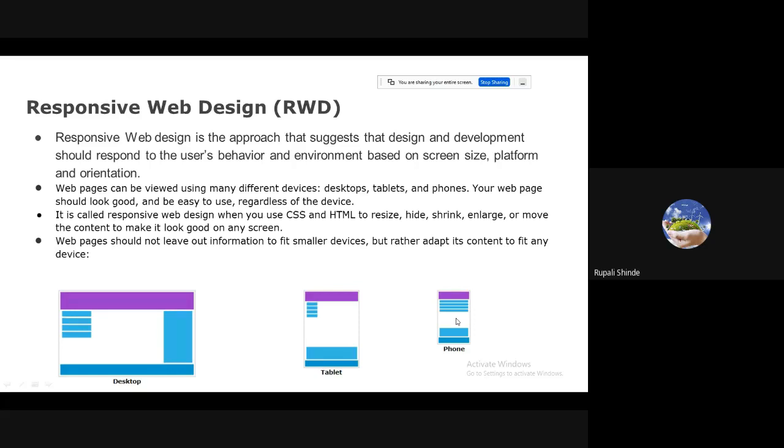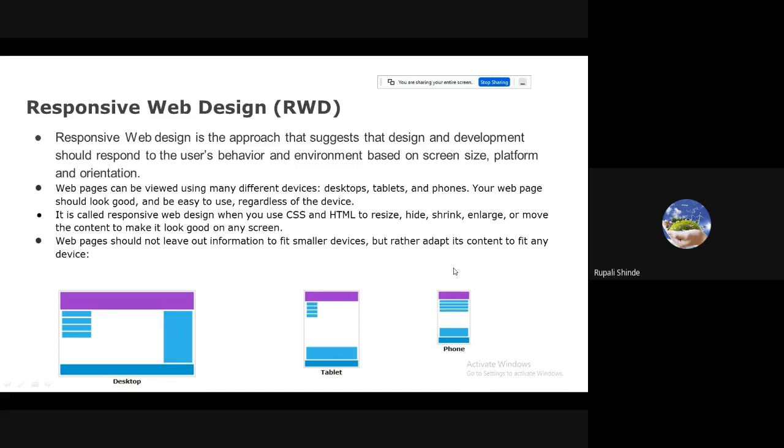Responsive web design is the approach that suggests that design and development should respond to the user's behavior and environment based on screen size, platform, and orientation. Now, the meaning of the user's behavior and environment is that nobody knows which user is going to use which mobile and which user is going to open which website.